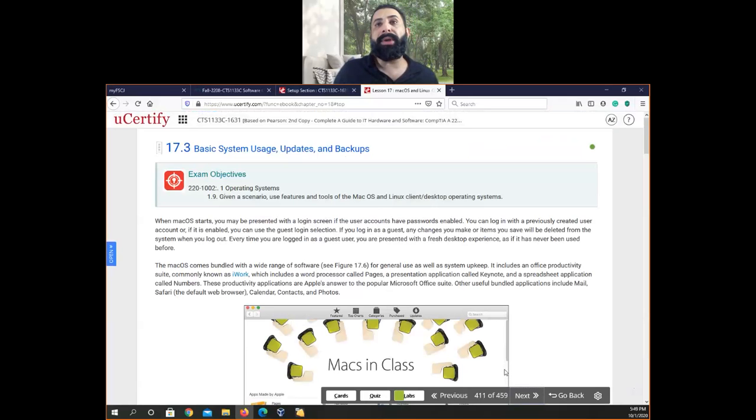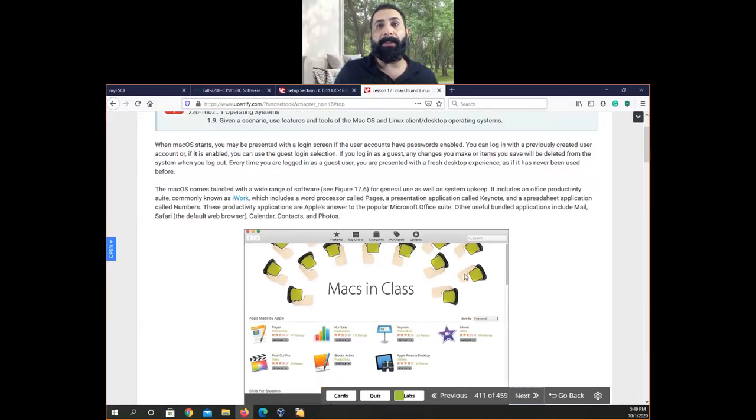With Mac, we have a number of free applications showing up. We have a suite called iWork. iWork is just like an Office Suite. You don't need to have a license; it's free. So you have an application called Pages for word processing.